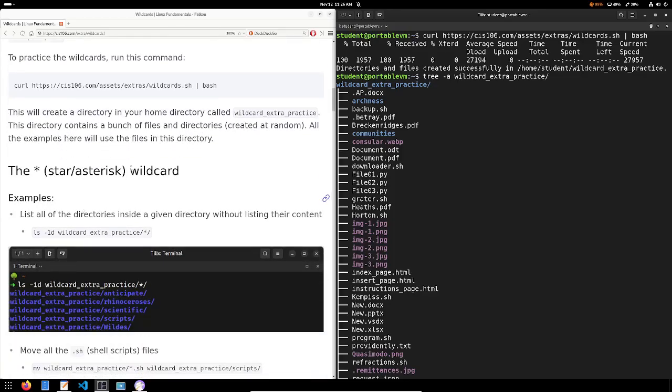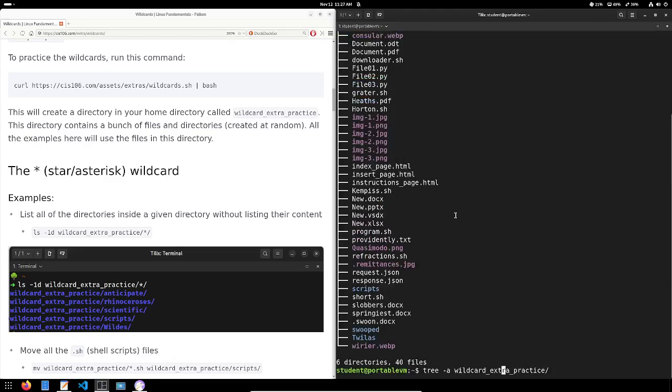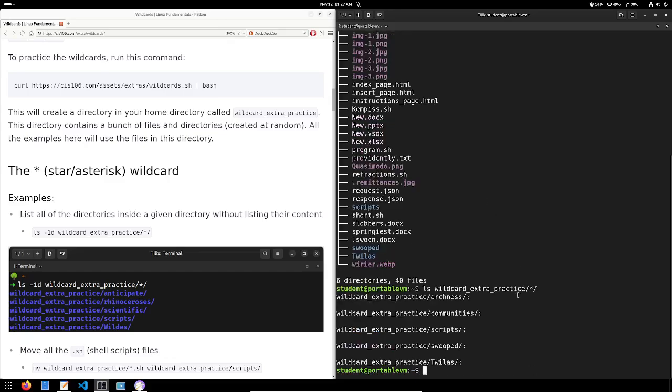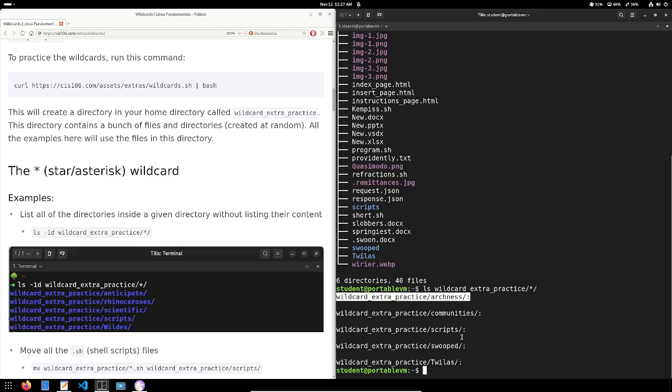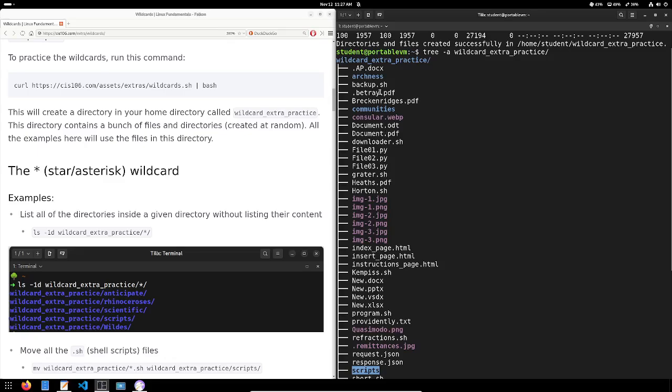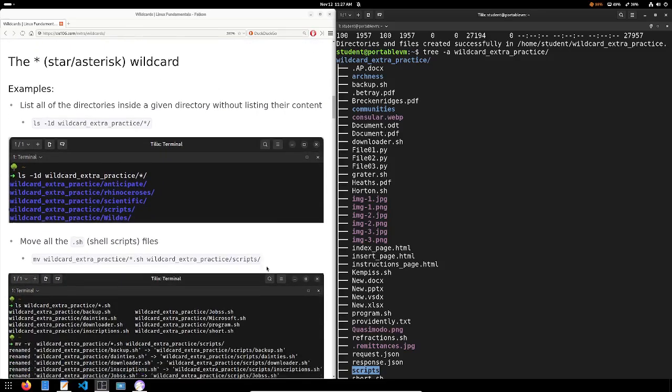So let's take a look at the asterisk wildcard. List everything in the directory. Well, if we want to do that, we can do ls and star slash. And this is going to list whatever directories I have inside wildcard extra practice. In my case, I have these empty folders here, as you can see. Next,